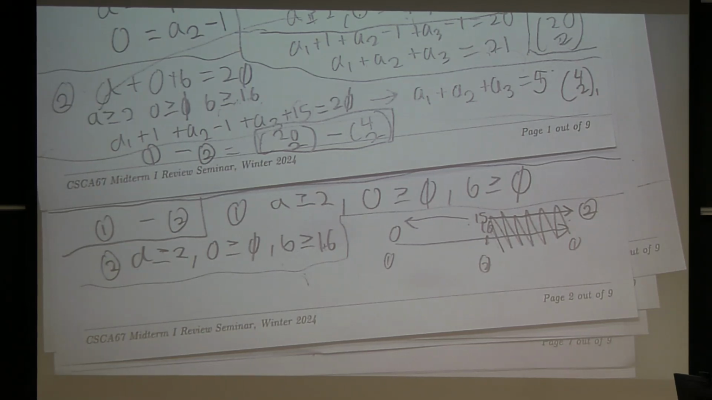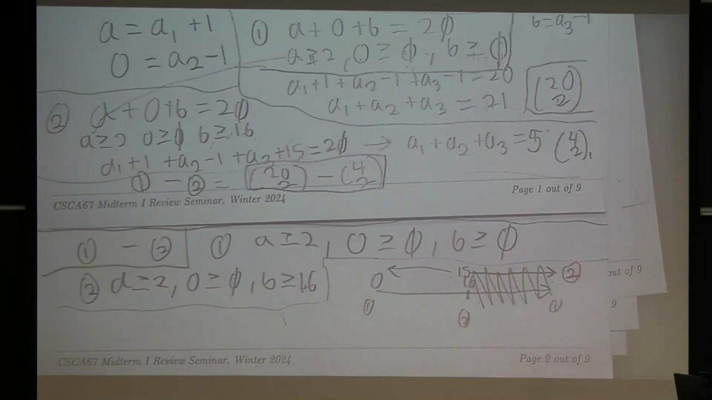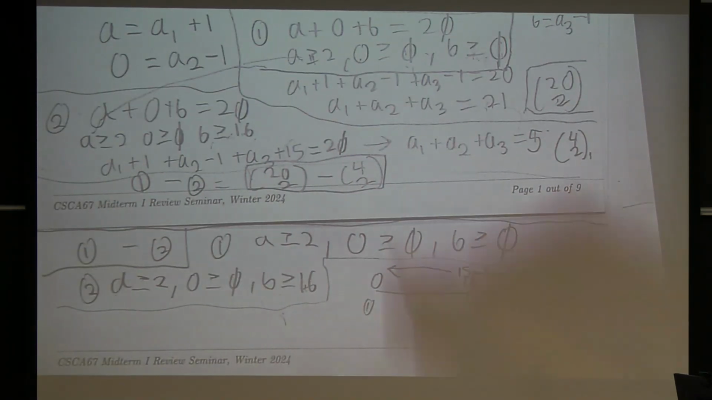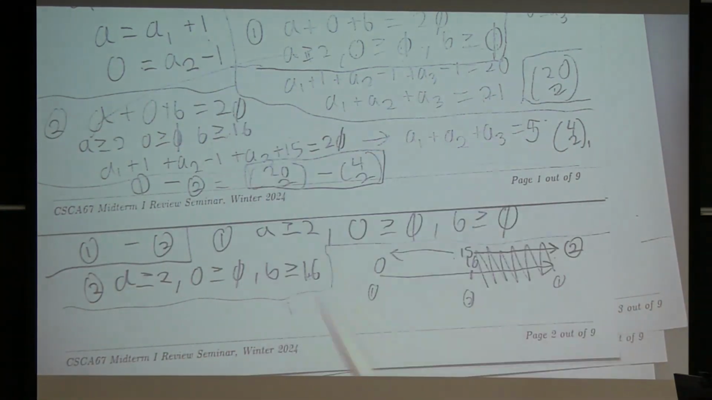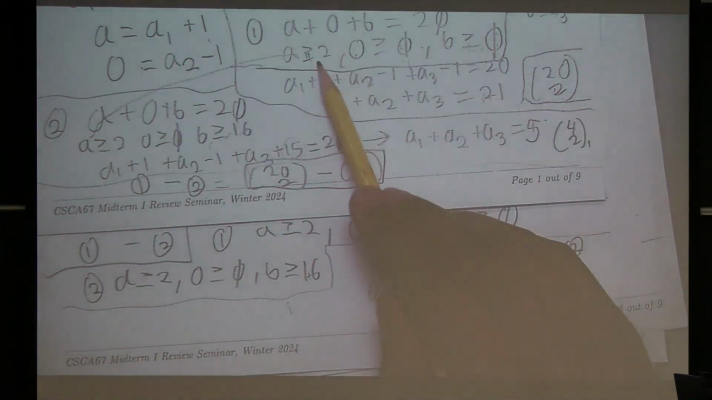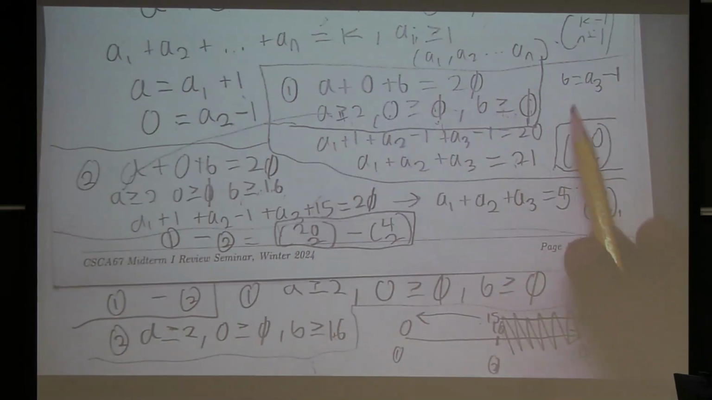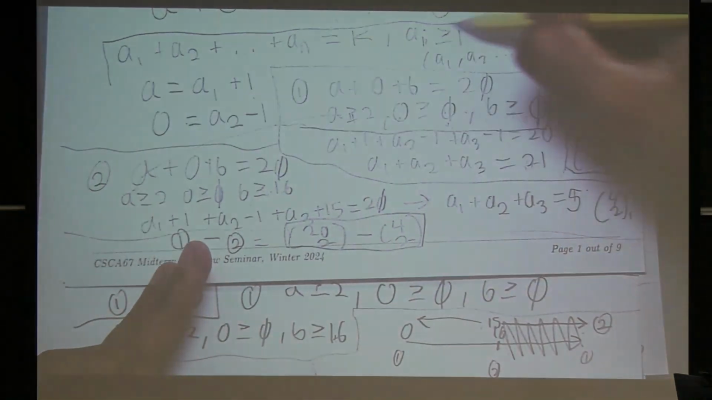So any more questions? Yes? How could you decide that A would be A1 plus 1 and O would be A2 minus 1? Okay. So the reasons why I chose certain symbols, for example, A is equal to A1 plus 1 and O is equal to A2 minus 1, is because of the restraints here. So recall how I said in this equation,